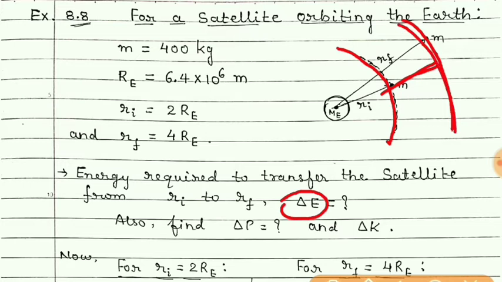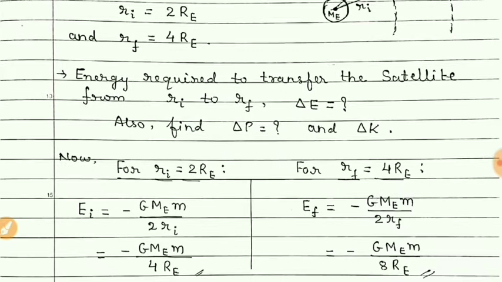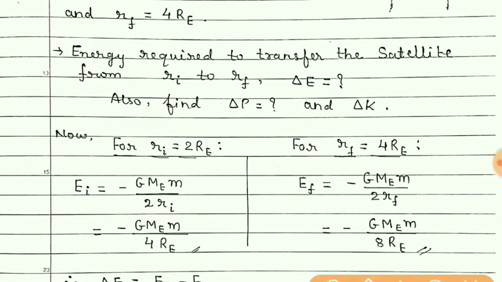So we need to find the energy required to transfer the satellite from its initial orbit to the final orbit. We have to find this, and we also know that there will be a change in potential energy as well as a change in kinetic energy. So we need to find that also. Now students, for the initial orbit,